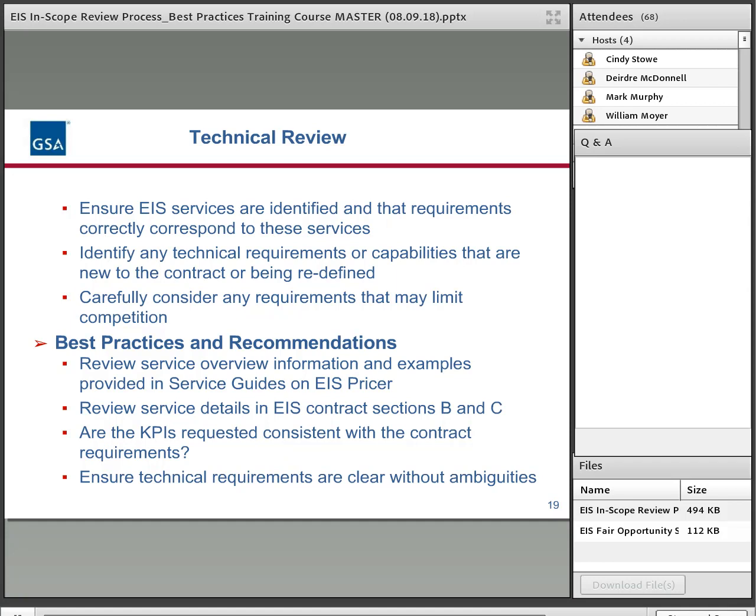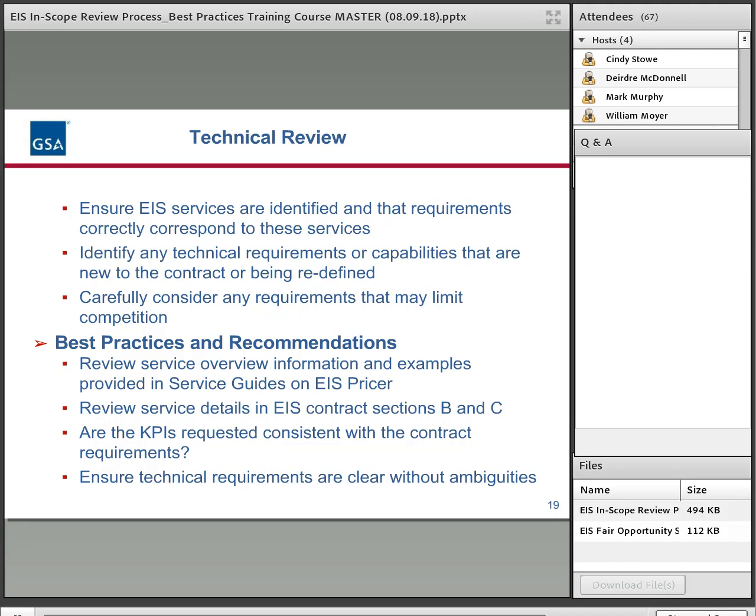And the KPIs, are they consistent with the contract? Sometimes agencies want something stricter, which is fine, but sometimes they don't realize what the KPIs are on the contract, and sometimes in a solicitation, an agency may list a weaker KPI than what's actually on the contract.